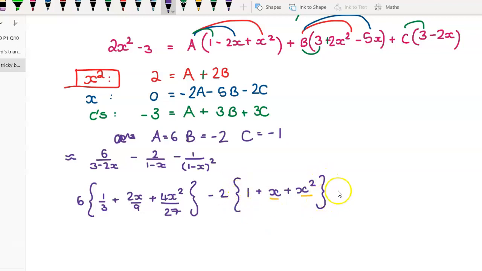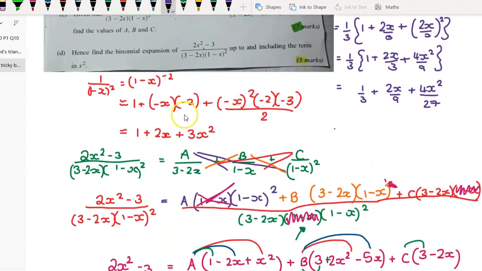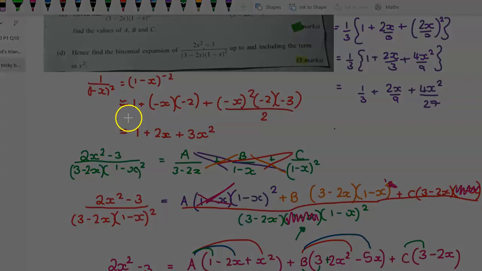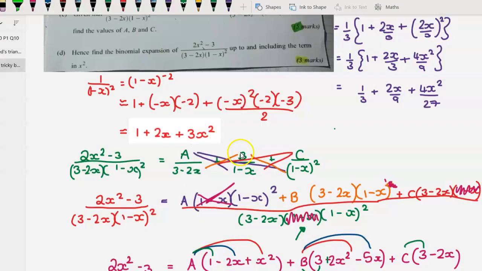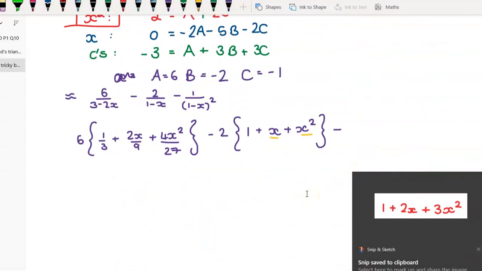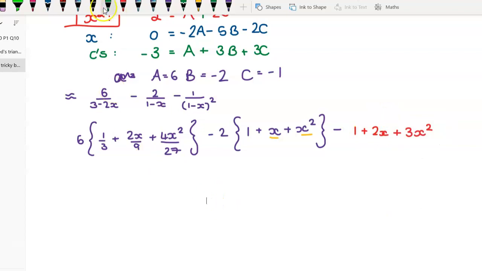And we want to take away 1 over 1 minus x squared. Now 1 over 1 minus x squared we've done here. That was part B, I think. Okay, so minus 1 lot of that. Okay, and now we can expand, simplify, and we should